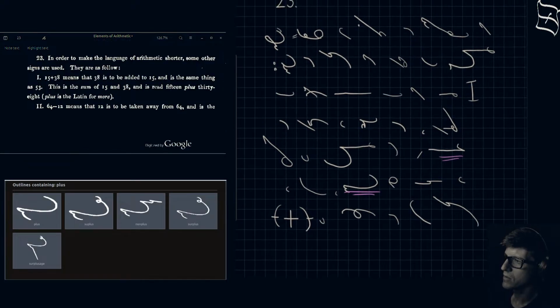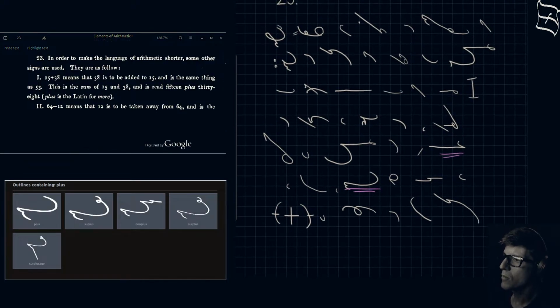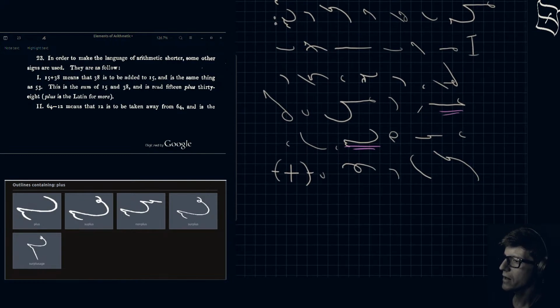So let's see if that's correct. When two or more quantities are joined, the result is called the sum. The symbol of addition is known as plus and is denoted by the character of the plus symbol. Let's go ahead and underline the plus symbol in order to show it correctly. That's the plus symbol, okay?